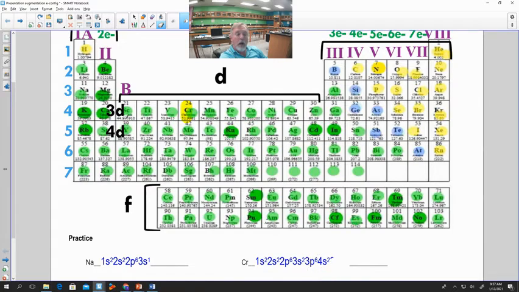And then finally, where are we at now? Remember, this is a 3D. Our D's got pushed down a level, so we're in 3D. 1, 2, 3, 4. So we got 4 electrons there in our 3D, and then we finish our configuration that way. So we don't need a bubble chart anymore. Just look at your periodic table, start reading it top to bottom, left to right.